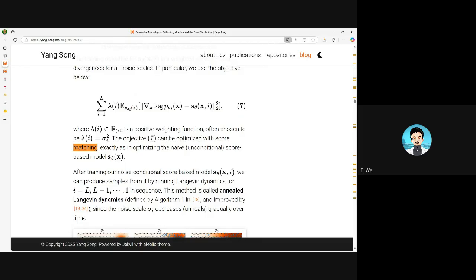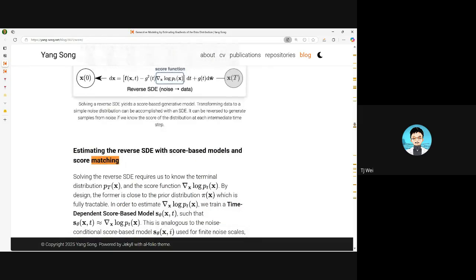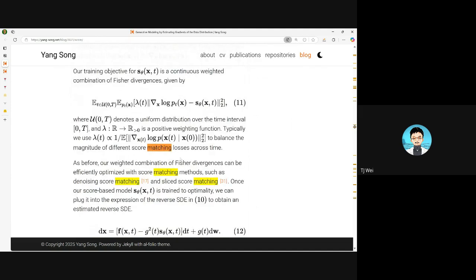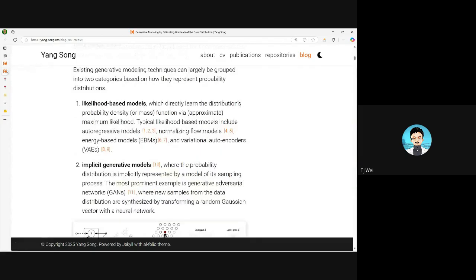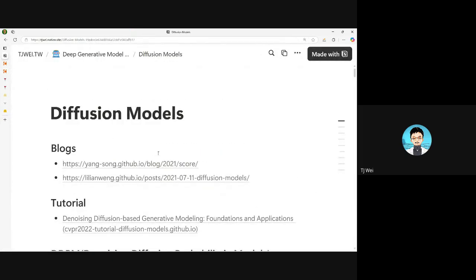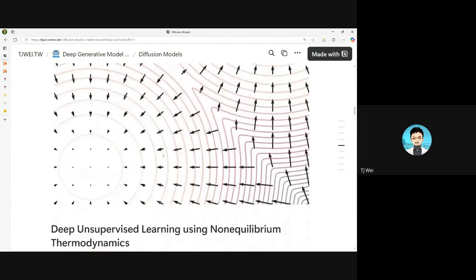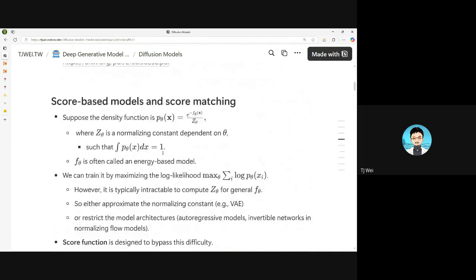Okay, maybe I'll go back to it a little bit later. I didn't put the actual formula right there. Anyway,